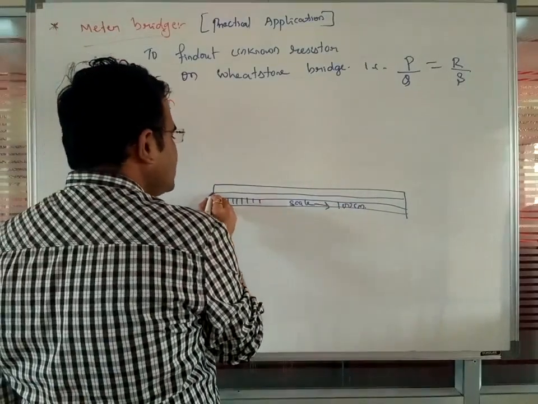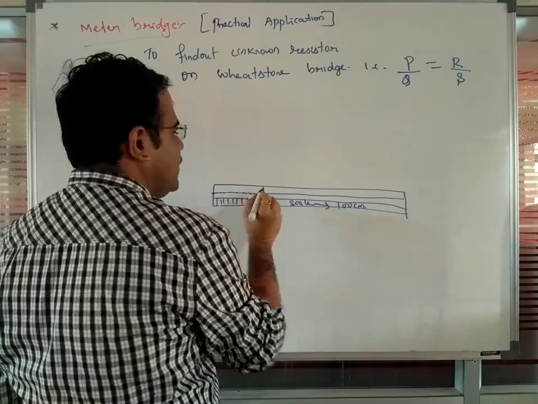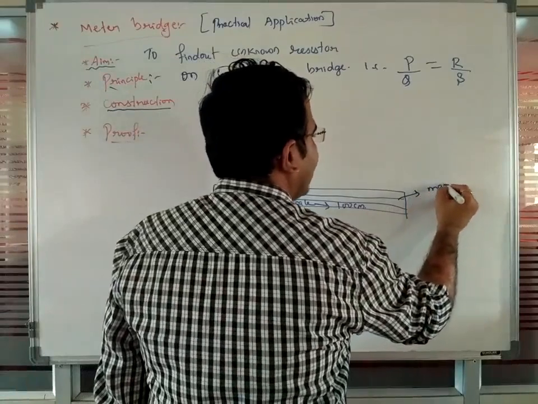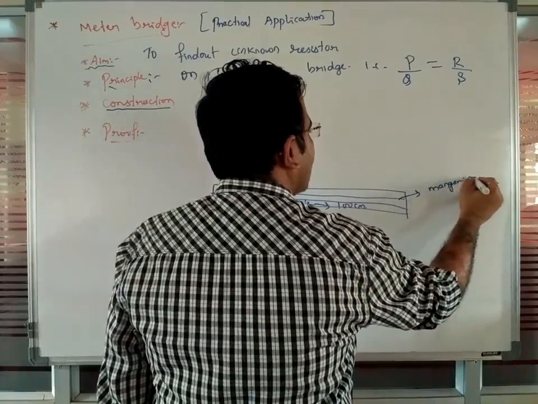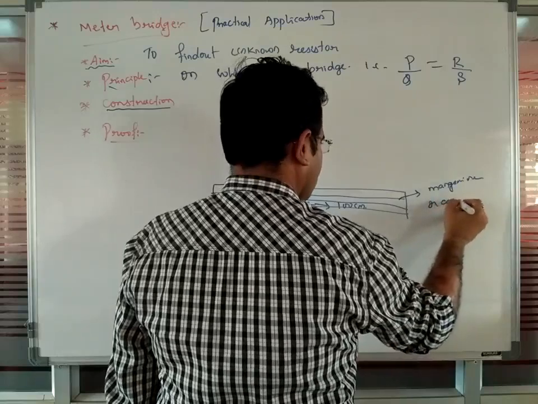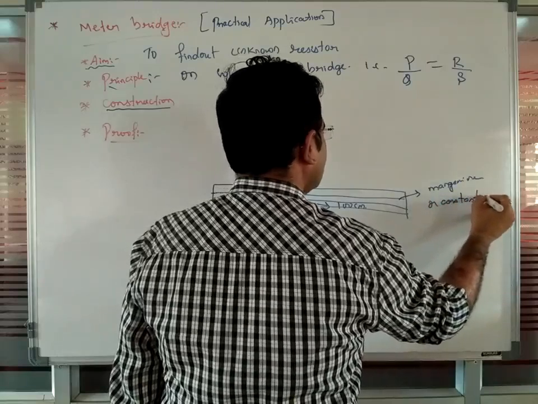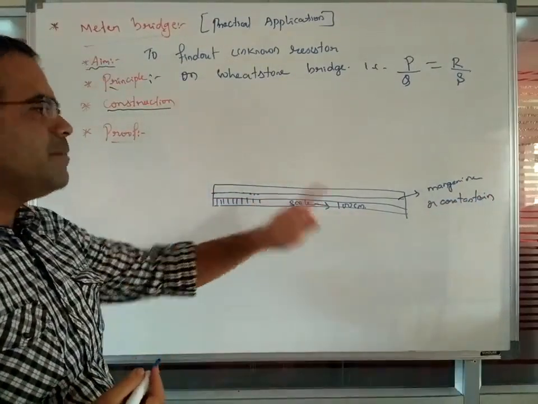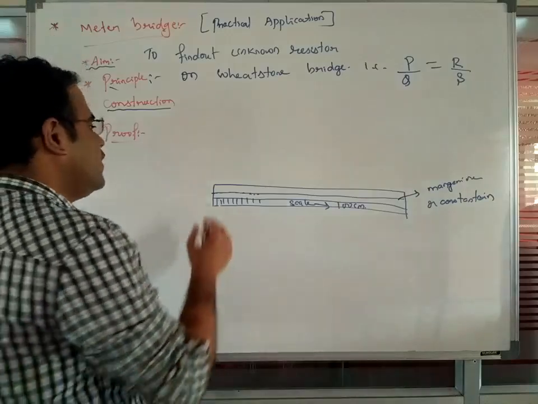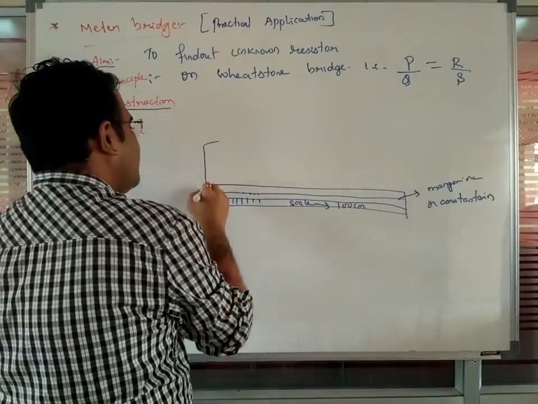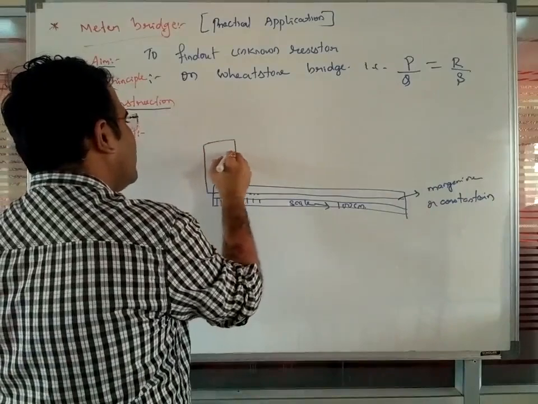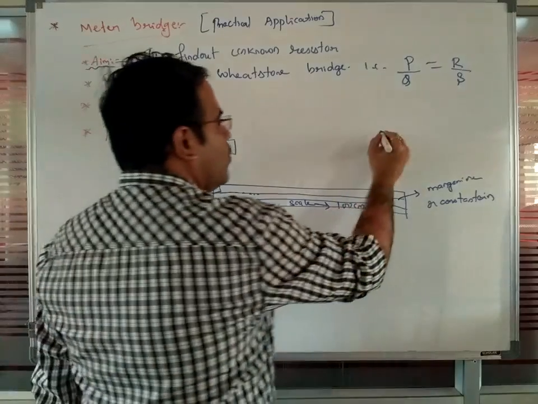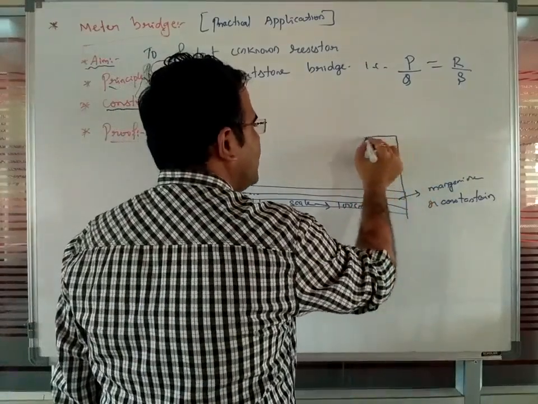So now this wire is connected with the wooden board. Which wire is it made up of? This wire is manganin, or constantan wire. When we use the manganin or constantan wire, it has two perpendicular copper strips like this. So you are going to observe two perpendicular copper strips at the extreme ends of this meter bridge.